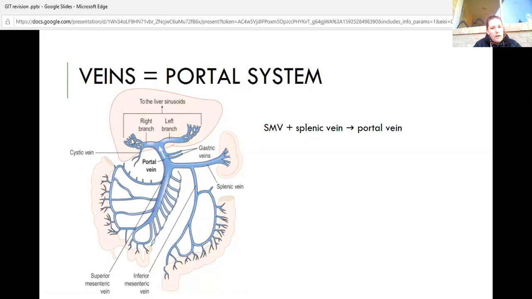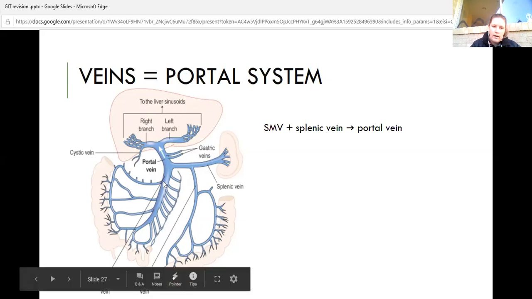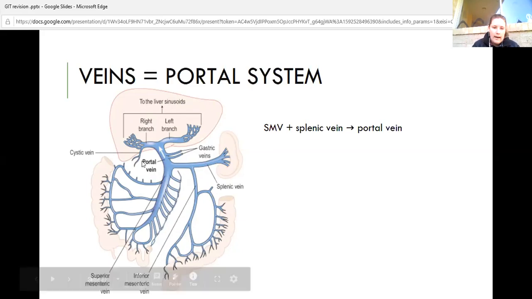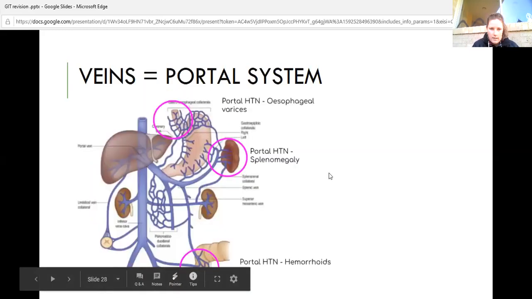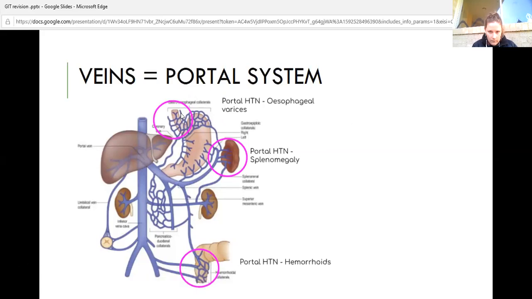And so if there's an issue with the liver and this is blocked, the blood backs up. So it backs up to the spleen, giving you splenomegaly. It backs up down to your anus, giving you hemorrhoids. That's the idea behind portal hypertension. It also backs up to the esophagus, giving you esophageal varices. So all those transition points between systemic circulation and portal circulation is where you get the pathologies related